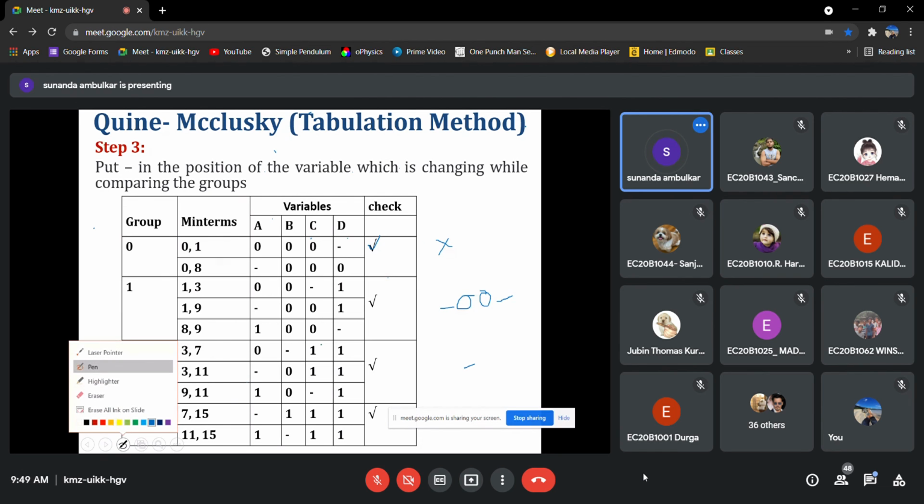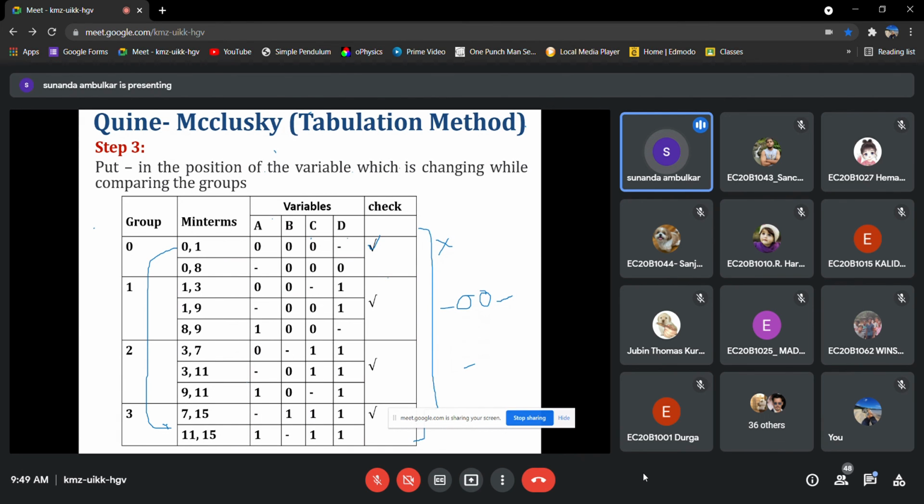Okay, now it's clear to all. So you know how to make this table, how to put the check mark, where to put the star mark, and how we are comparing. In the next lecture you have to do one thing: make the comparison tables, find how many succeeding tables of this kind we can form, and where to stop.